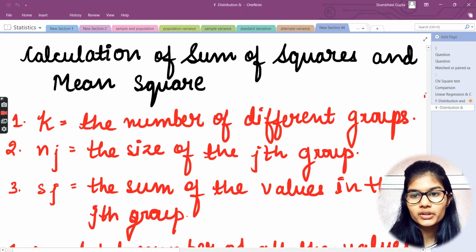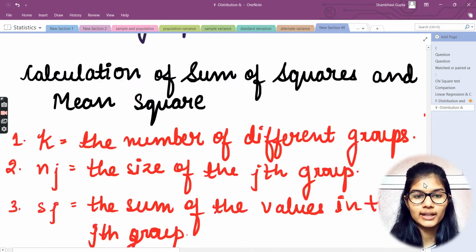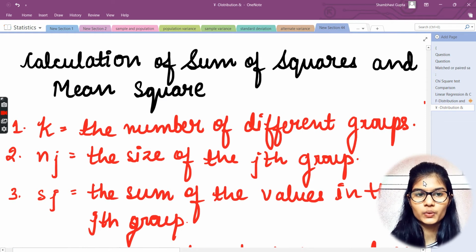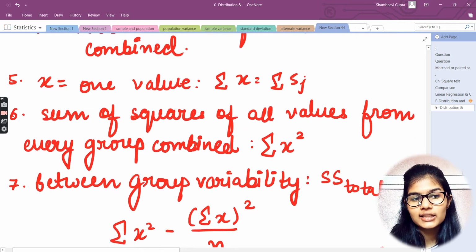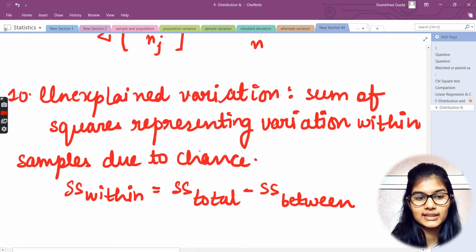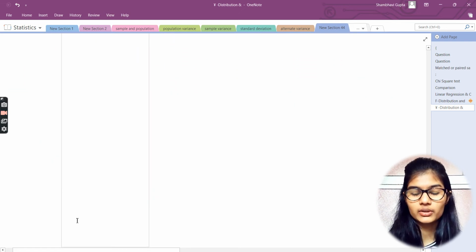So we were going to the discussion of sum of squares and the mean square. This was what we were doing that discussion for. On to that we had seen several parameters. I will not give you a revision of that right here; we'll be discussing that at the last. First let me finish up all of those parameters, all of the steps,